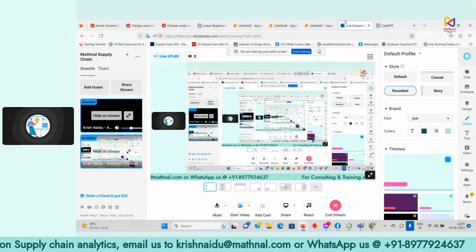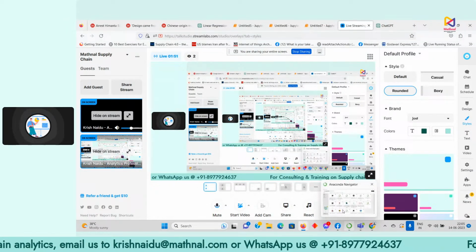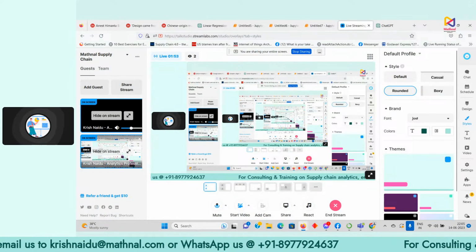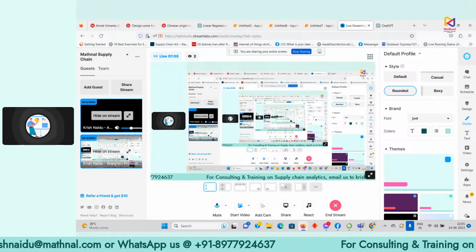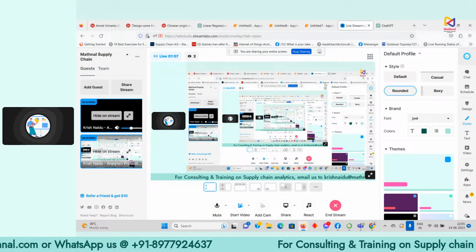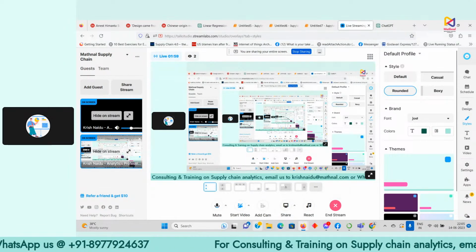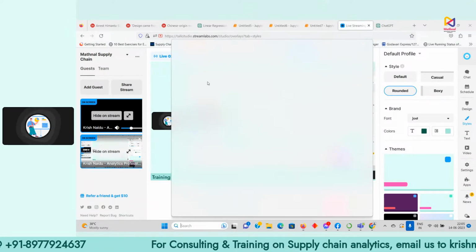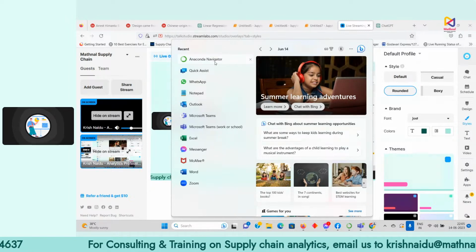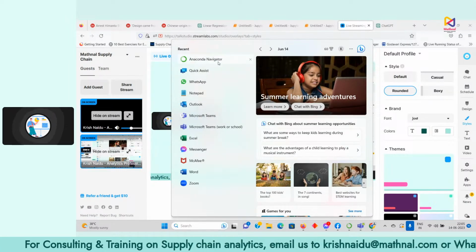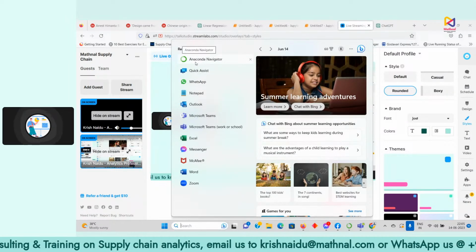Before going to the case study, I want to discuss how to download and install Python and all. You have to go to the Python website, and from there you have to install Python. And there is another tool,